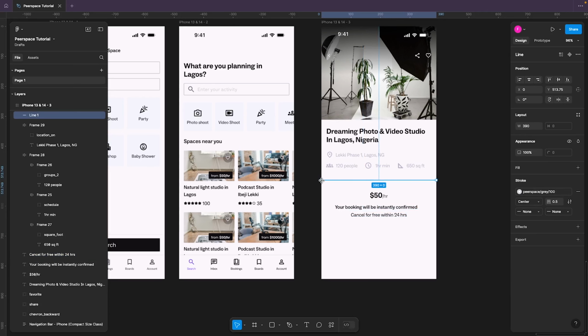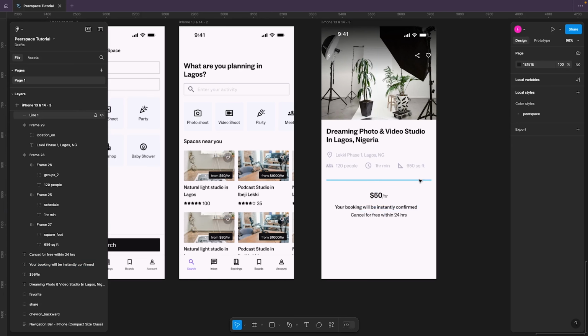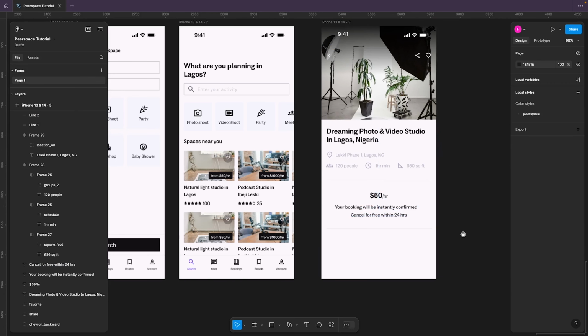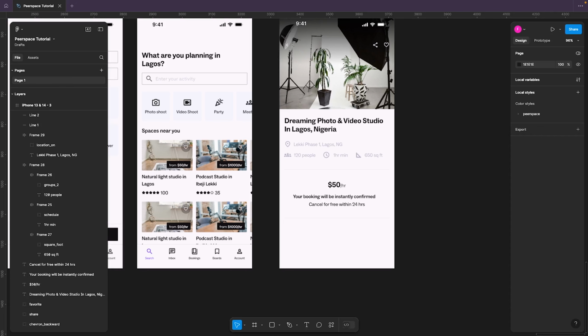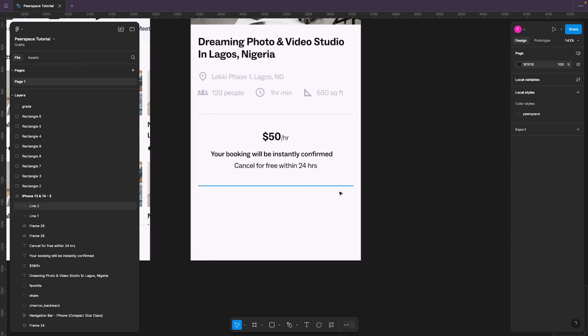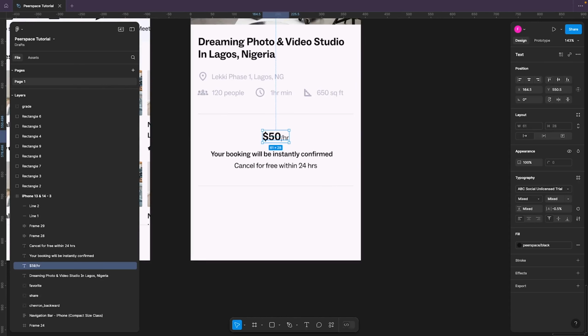For this line, while holding Alt and Shift to make sure that it is aligned to all of our elements above, so it's just 16 pixels to the left and right. And then we drag it down while holding Alt to duplicate it. And then to the concluding part of this tutorial, we have just a few more sections, and then we call it a day. So the next aspect here,